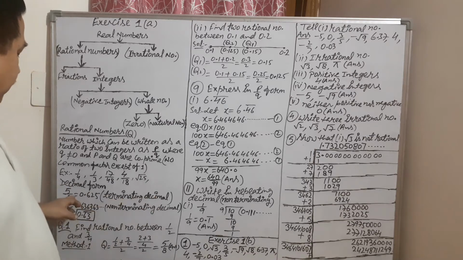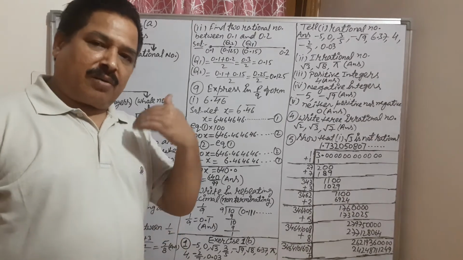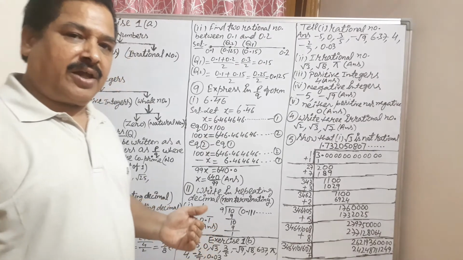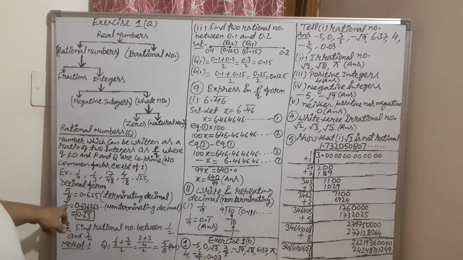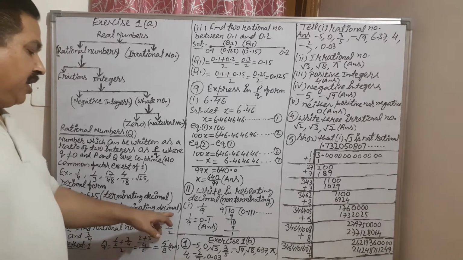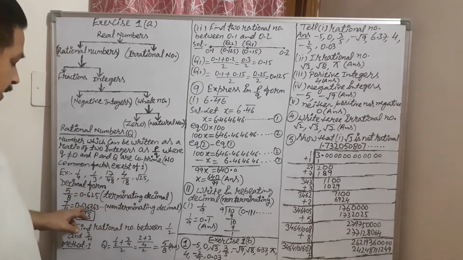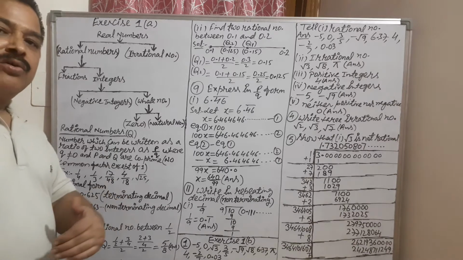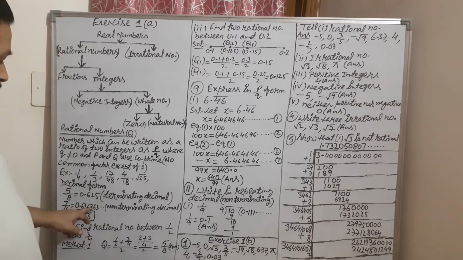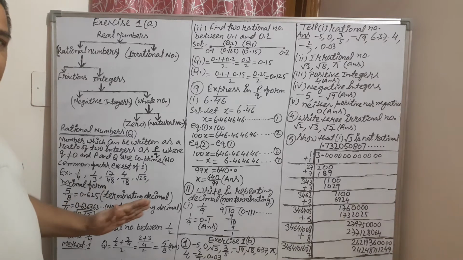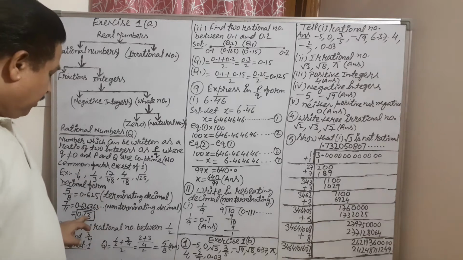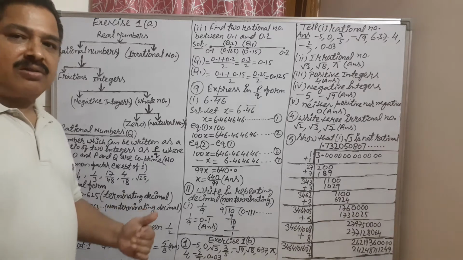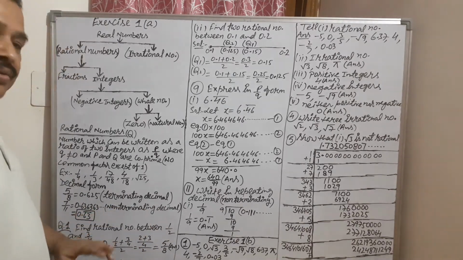Now see the decimal form of rational numbers. Terminating decimal: terminating means if any fraction is completely divided and the remainder is 0, then it is known as a terminating decimal. Similarly, the next fraction is 7 upon 11. It is non-terminating because after the decimal, some pairs of digits repeat. Here 6, 3 and 6, 3, 6, 3 are repeating up to infinity. So it can be written in the shortest form as 0.63 bar, because 63 is repeating. So 63 will have the bar sign.